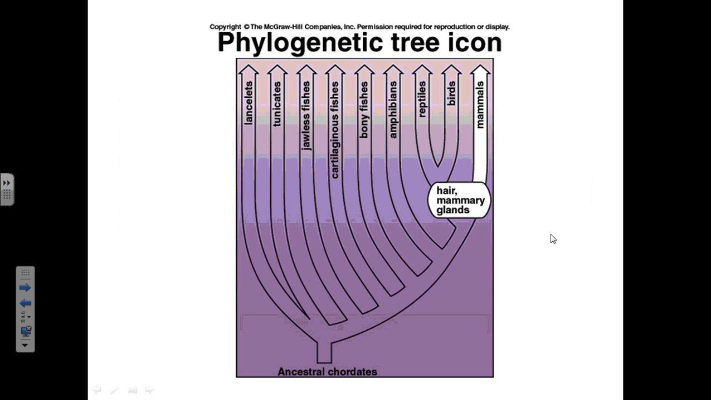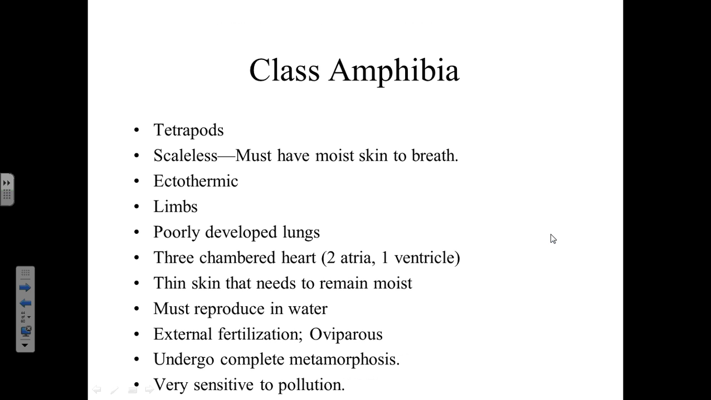So, in terms of our phylogenetic tree, our big derived traits, hair, mammary glands, we might also add to that well-developed what? What do mammals have that's more well-developed than all the rest of those things? Brains. Well-developed brain. It doesn't apply to everybody, but